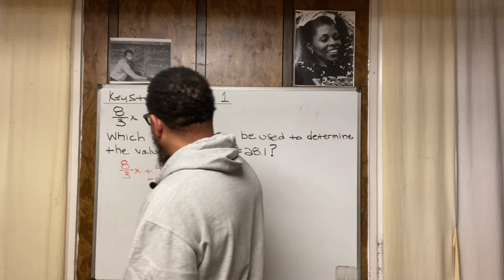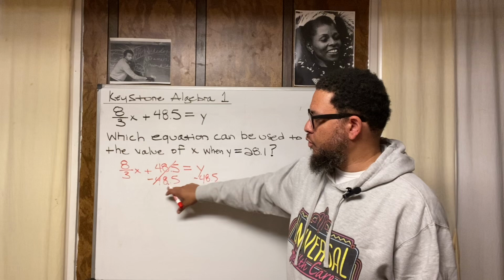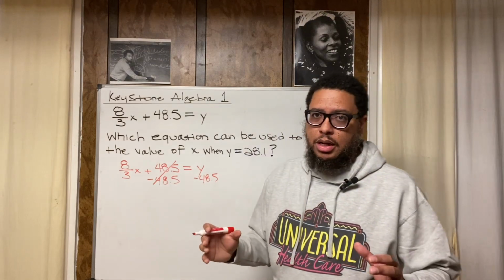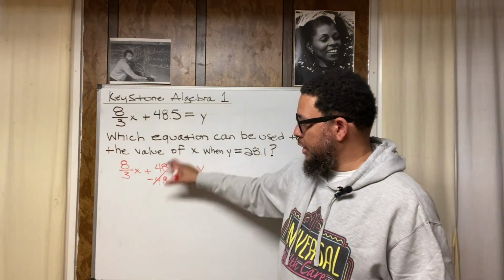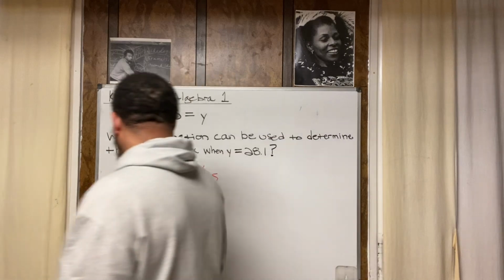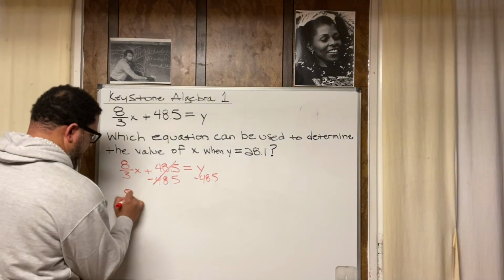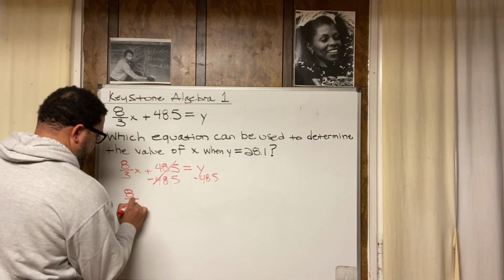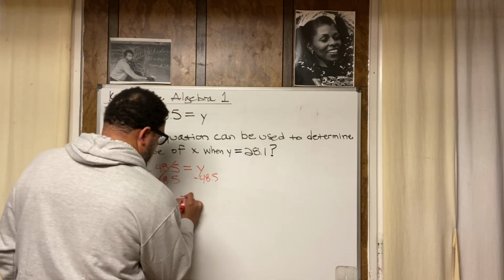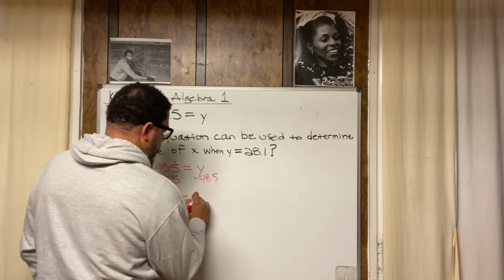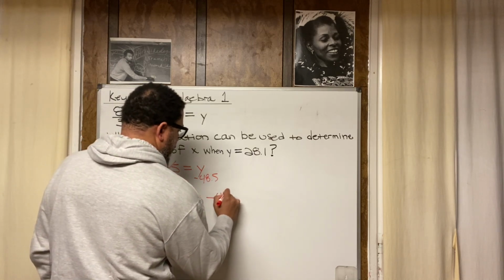So now these cancel out because 48.5 minus 48.5 is 0, and 0 is nothing. So that's why these cancel out. And now we're left with 8/3 x is equal to y minus 48.5,